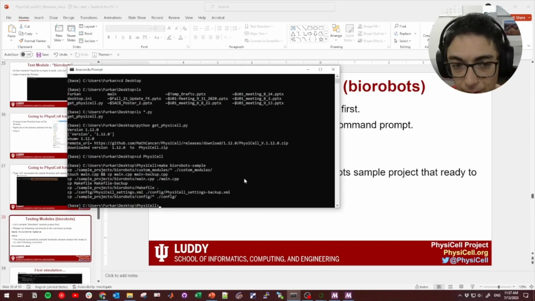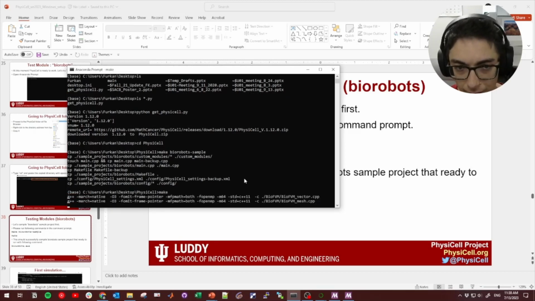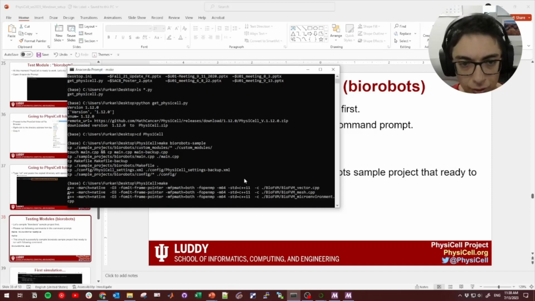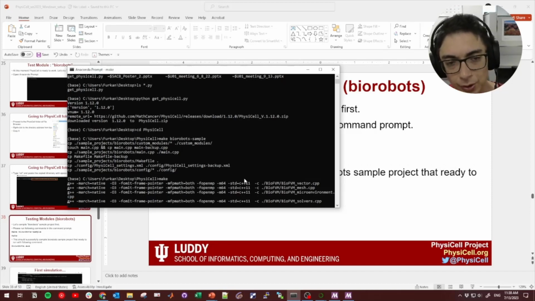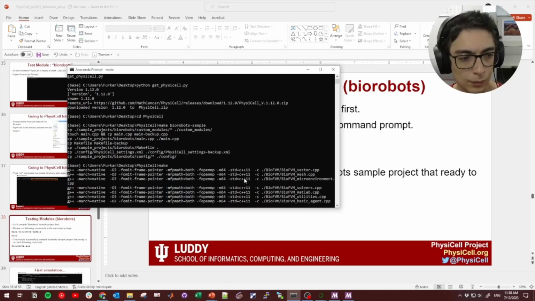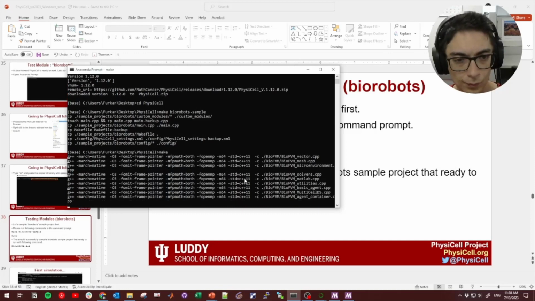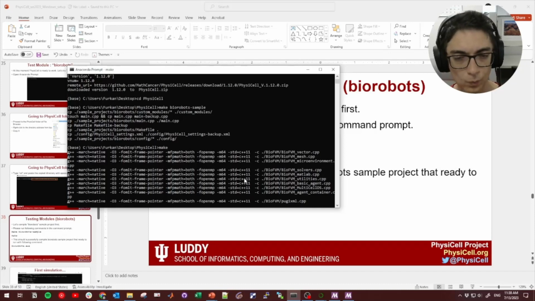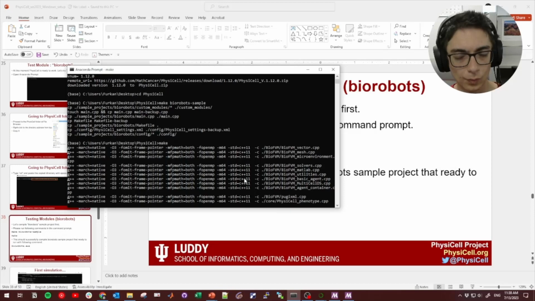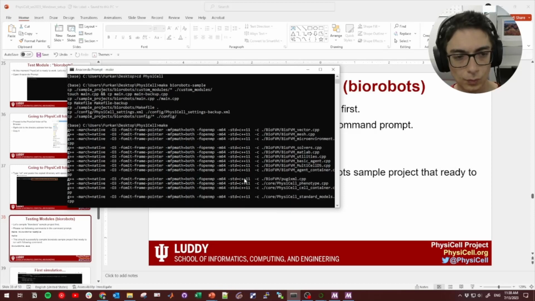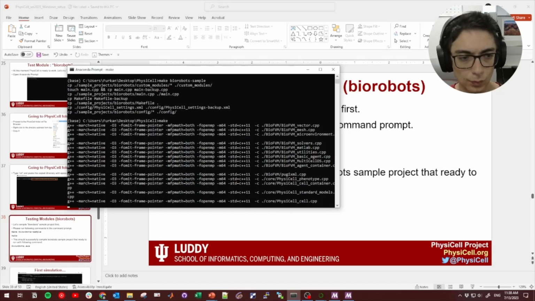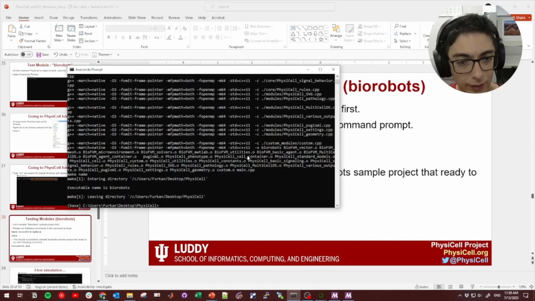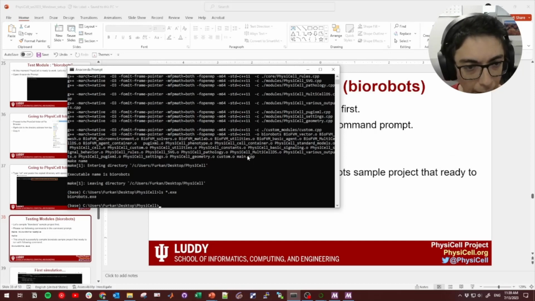So this will pop up the biorobots project, and we are compiling our first simulation. Okay, it is actually compiled. Let's see, do we see the biorobots? Yes, we do,